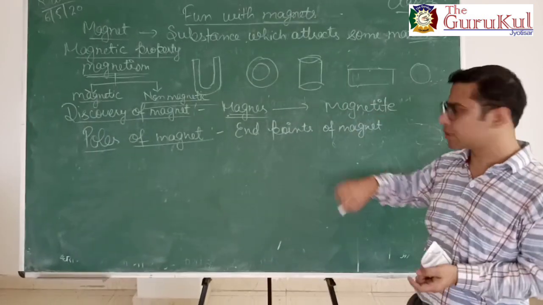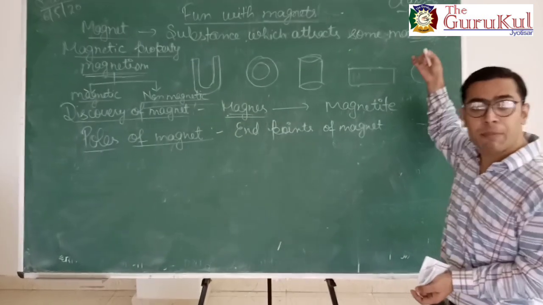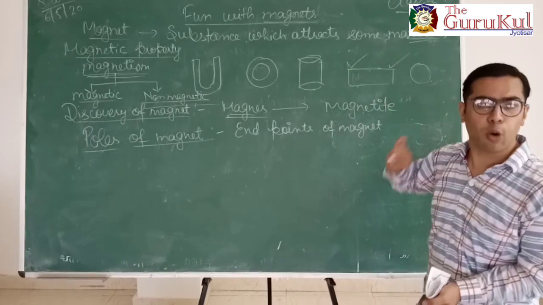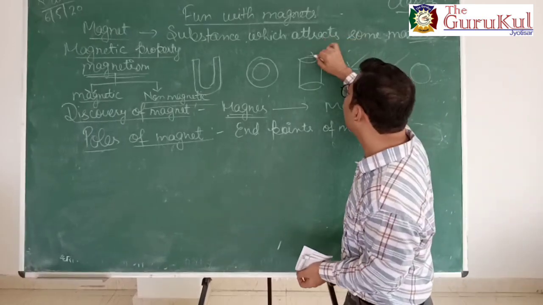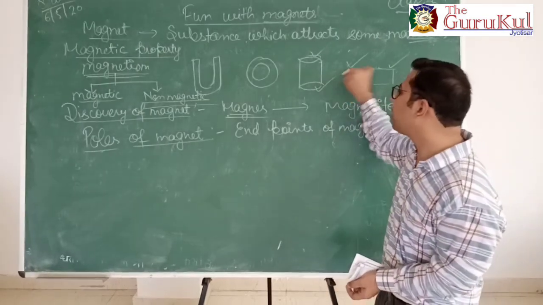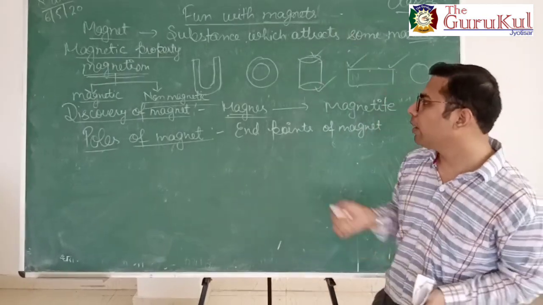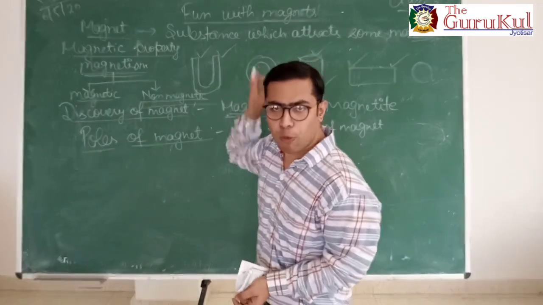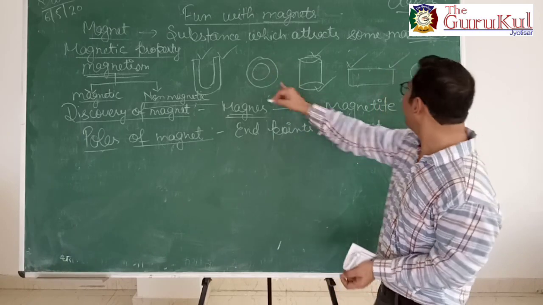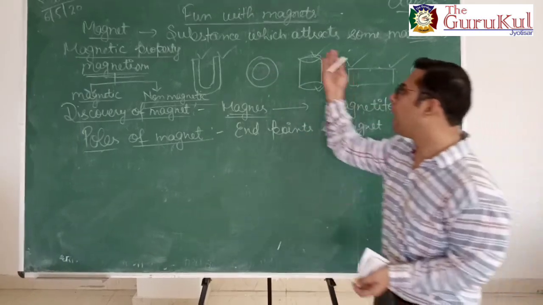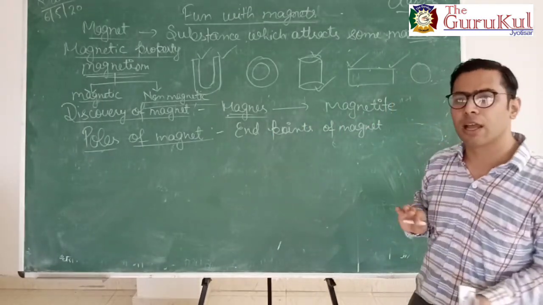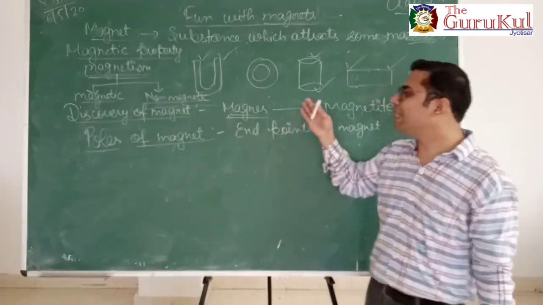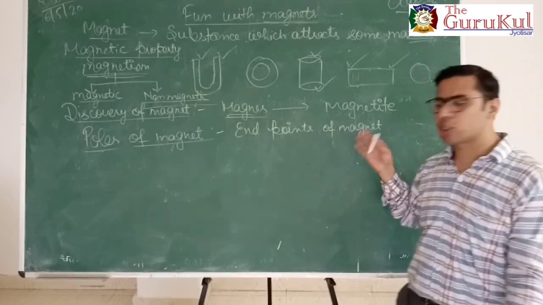Now see the pictures. In this bar magnet, this is one end, it is another one. So these are the two poles. Here also look, it is one pole, it is another end. So these are the two poles. In this one, it is one end, it is another one. So these are the two poles of this magnet. In this ring magnet and button magnet, the upper surface and the bottom surface will act as the two poles of the magnet. It is understood? So these are the poles of a magnet.